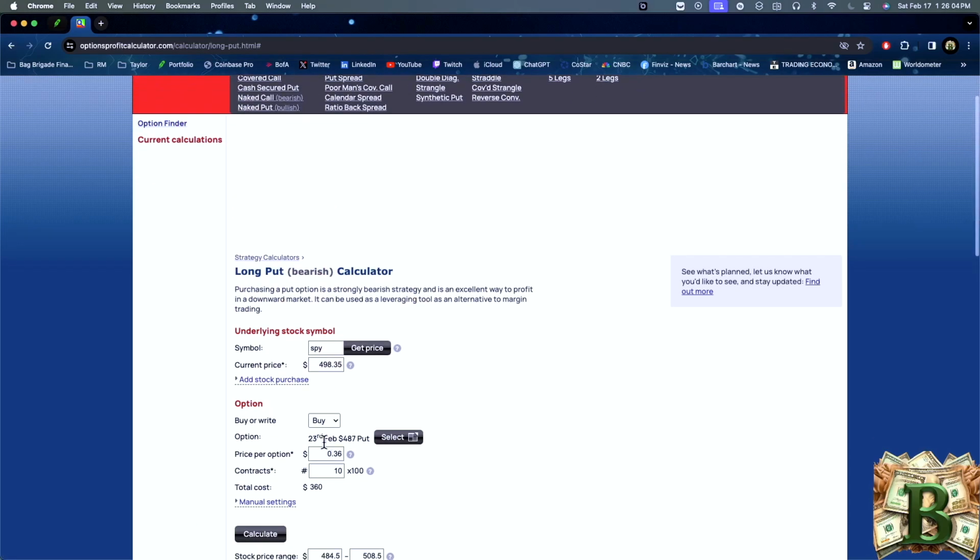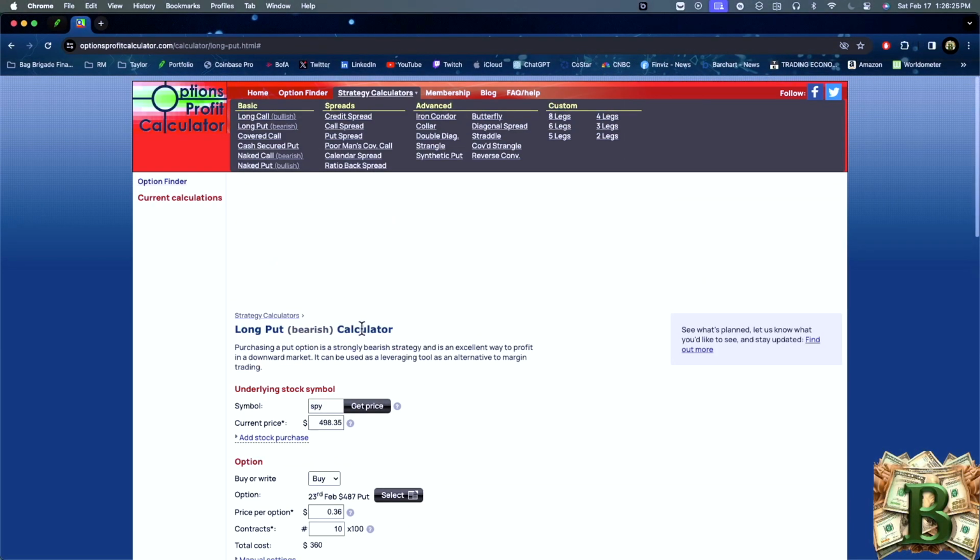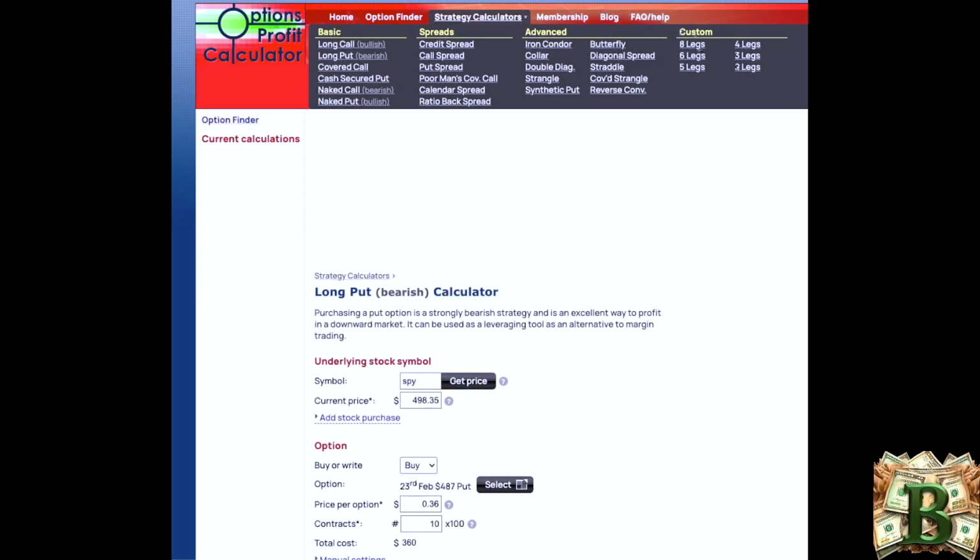Wait, did it not calculate it? Yeah, it did. Regardless, remember optionsprofitcalculator.com. Now back to the